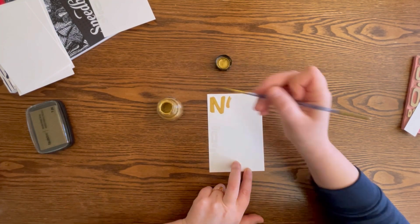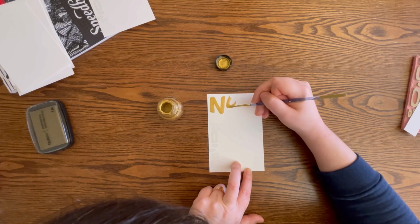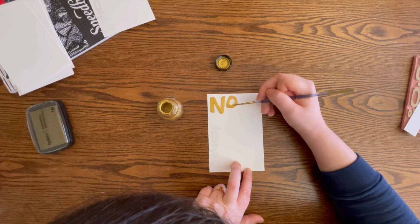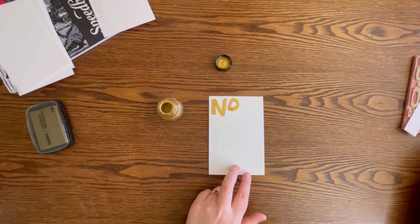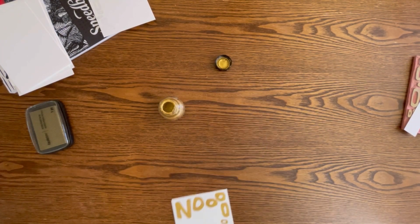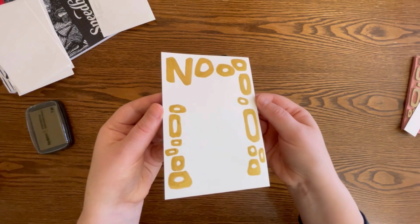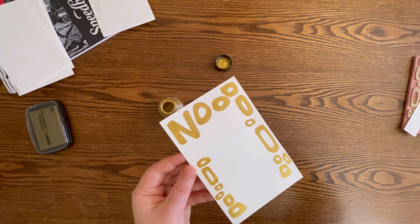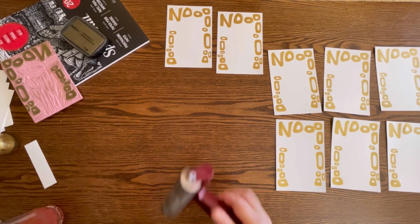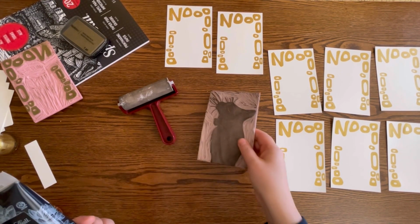I do think it is a nice little touch, and sometimes it's nice to just paint and zone out and watch a little bit of TV while I do this. And honestly, the time flies pretty quickly. I can do 9 in about an hour, so it's not too bad. And then I just love the metallic look of it. So once I get all those painted, I wait a little bit, let them dry, and then I get the